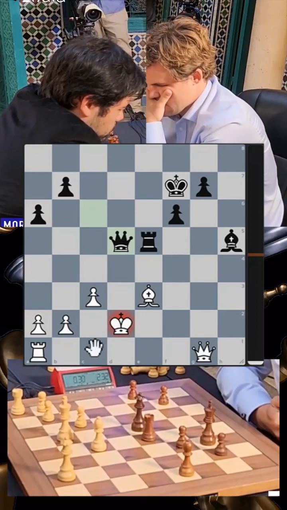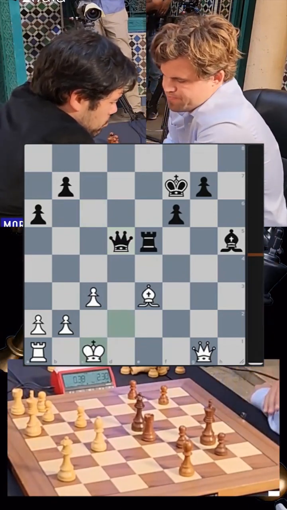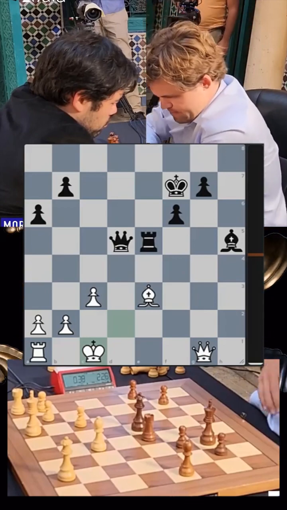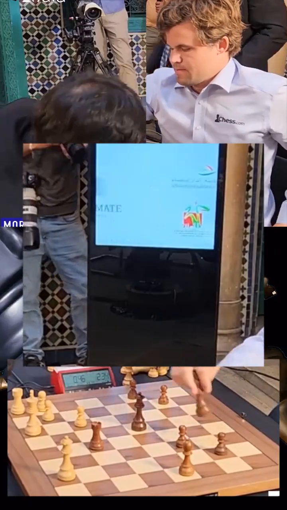If you go king c2, there is already a queen e4 check. So he goes king c1. But now the bishop can be chopped off. And queen d1 is a mate. He takes it. Hikaru resigns. Magnus Carlsen has won